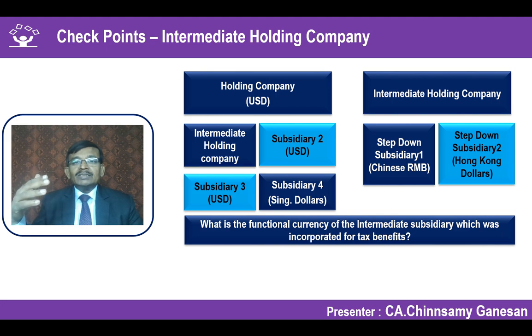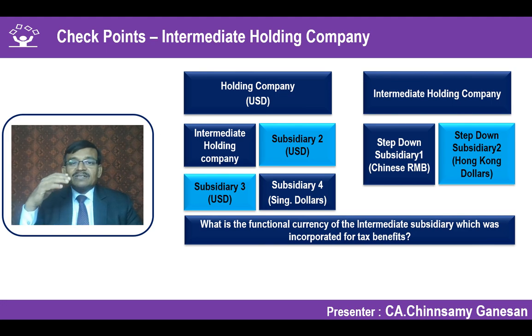even the Companies Act says not more than two layers of the parent company or investment companies will be allowed in the group, to avoid misuse of that particular situation. So if this intermediate subsidiary has been incorporated for the purposes of tax benefit, then it is only a pass-through entity. If it is a pass-through entity, it doesn't have any substantial autonomy, and to that extent, it